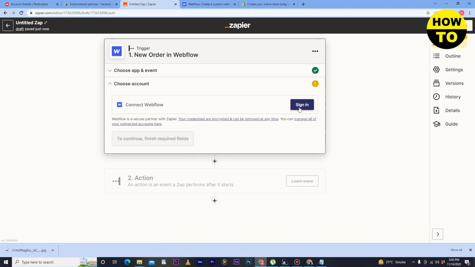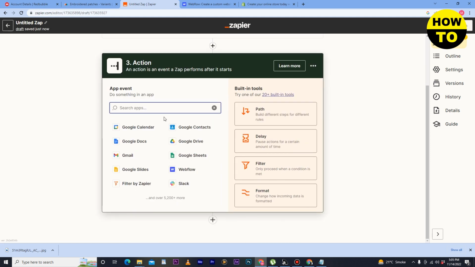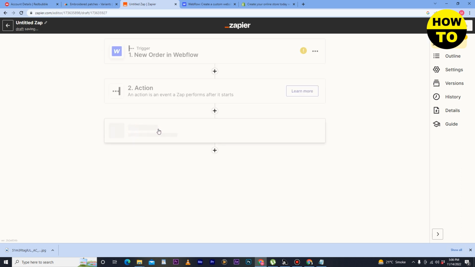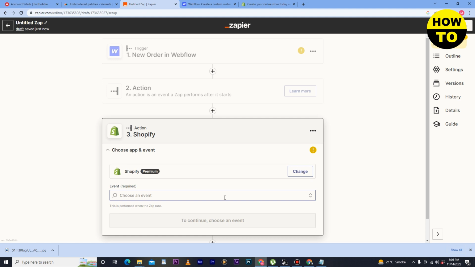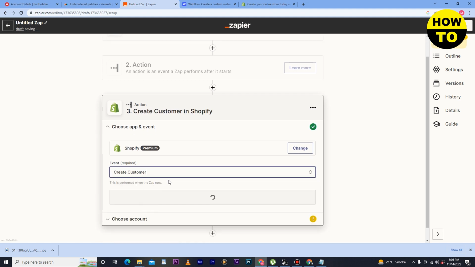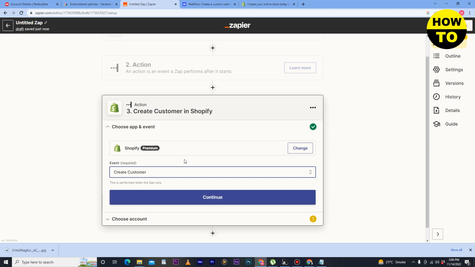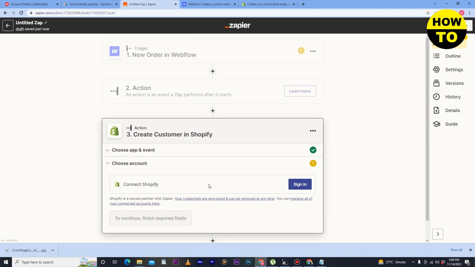After that click on continue, and here you can also sign in and click on connect. So now here in the action just simply click on plus button, and now here you have to add Shopify. So simply just click on Shopify, and after that you have to choose an event like create a customer and